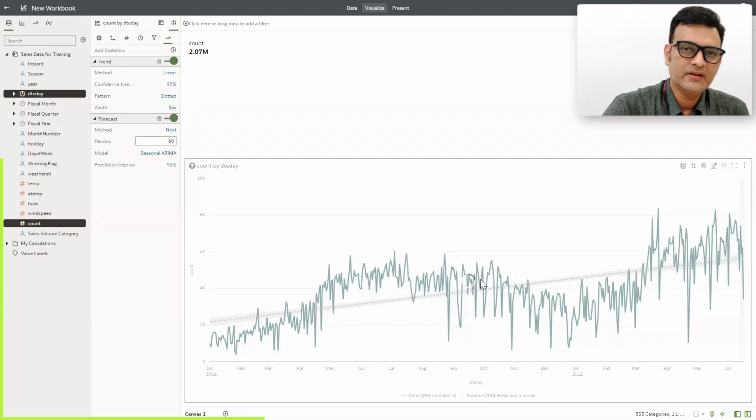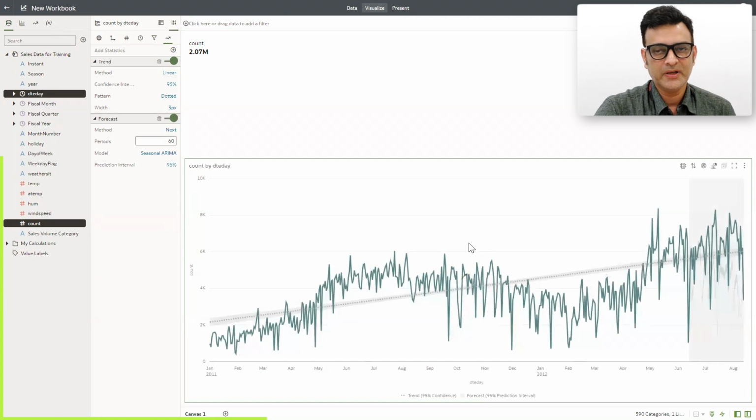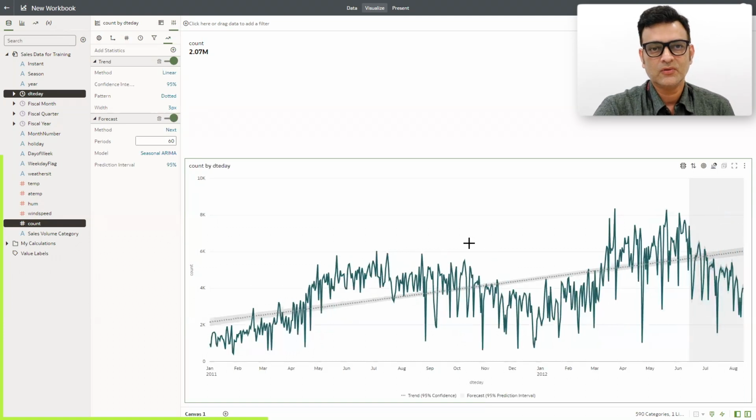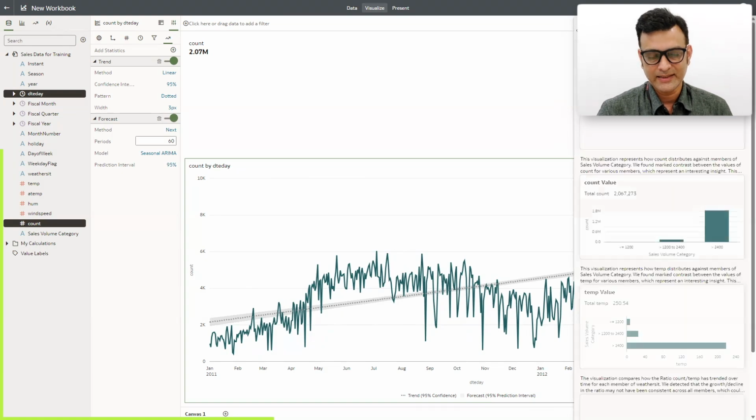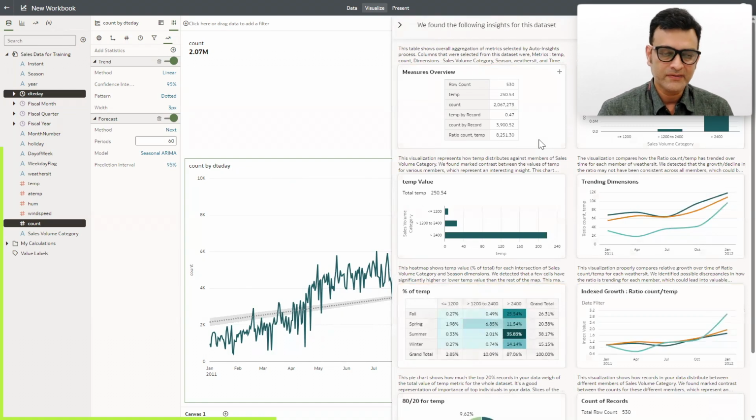Okay. Now, one important feature of Oracle Analytics Cloud is the capability of auto insights. So by auto insights, what I mean is once you upload a data set into the system, then the system, apart from doing the deep data profiling, it also does semantic analysis, and based on the semantic analysis that it does, if it identifies some interesting visualizations based on the cardinality of the attributes and also the measure values, maybe the range, the band of the values, right? And it will actually generate some visualizations which the system thinks are of interest.